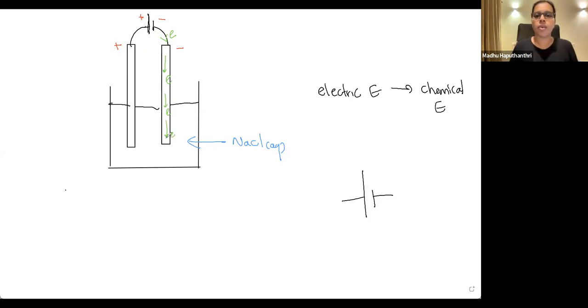After electrons come to the edge of this rod, what is happening? Will they jump into the solution and swim to the other one? Because now they have to somehow complete the circuit. Will they? No. Electrons cannot swim. That is a famous saying in electrochemistry. So this electron movement is only up to here.